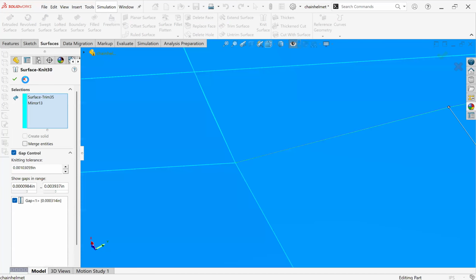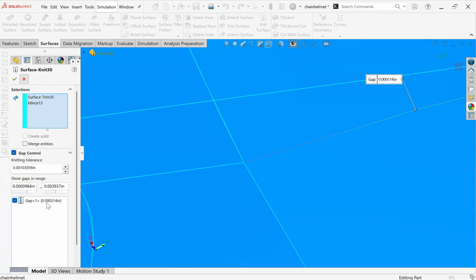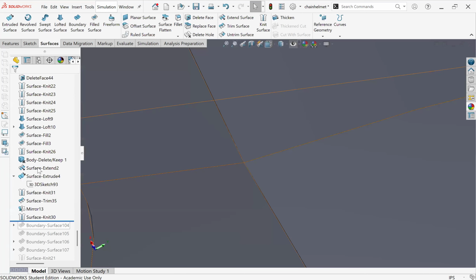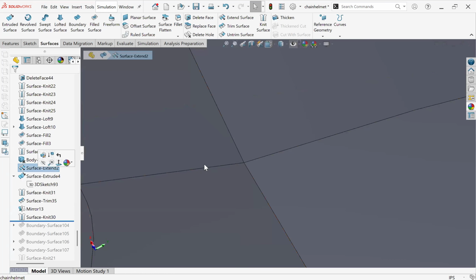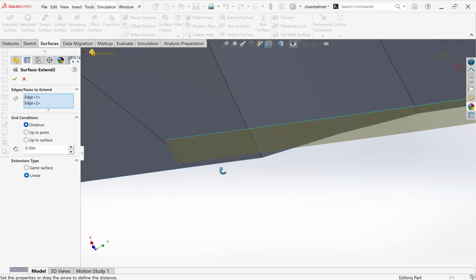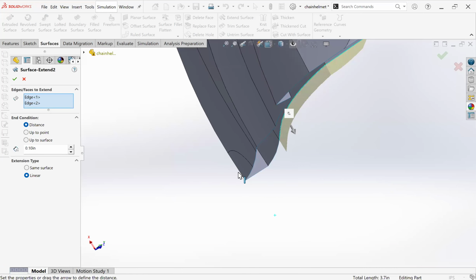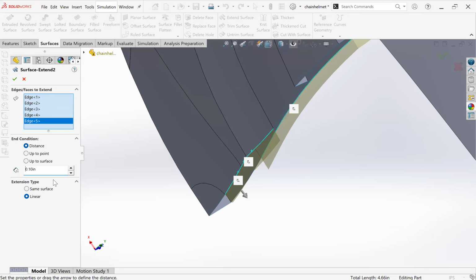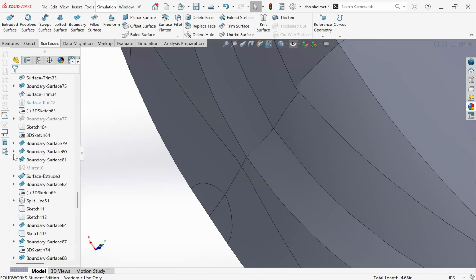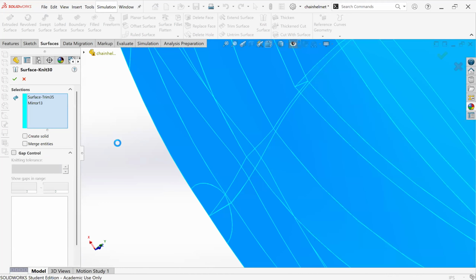Okay. Then go back to my extended surfaces and extend again one more time this and this and that. It's all gonna get cut anyway. Hopefully now. Gap. All right, the gap is gone. Okay, so we figured out where the gap problem was. And hopefully now,